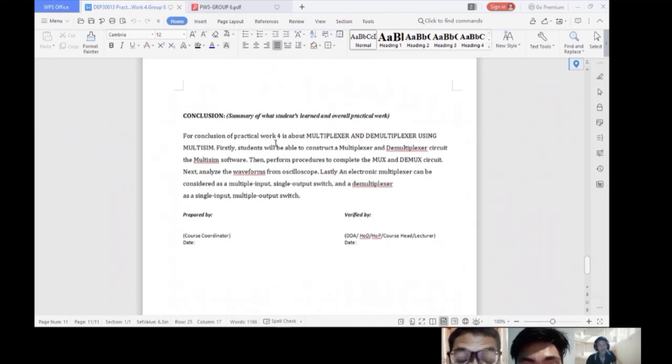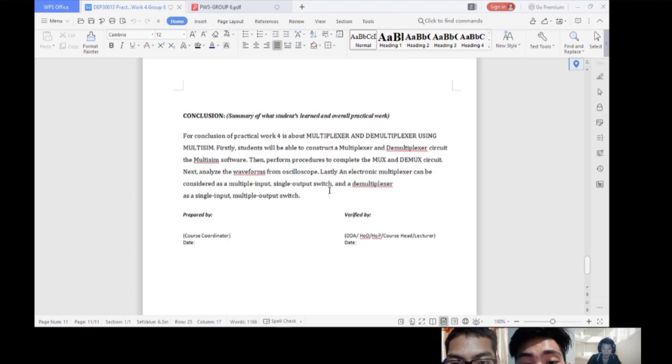The conclusion of practical work 4 is about multiplexer and demultiplexer using multisim. Firstly, student will be able to construct a multiplexer and demultiplexer circuit in the multisim software. Then, perform procedure to complete the MUX and DEMUX circuit. Next, analyze the waveform from oscilloscope.